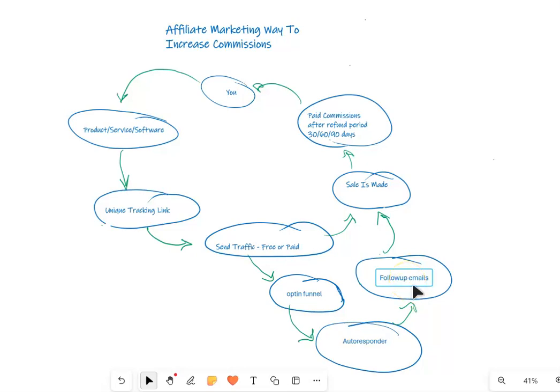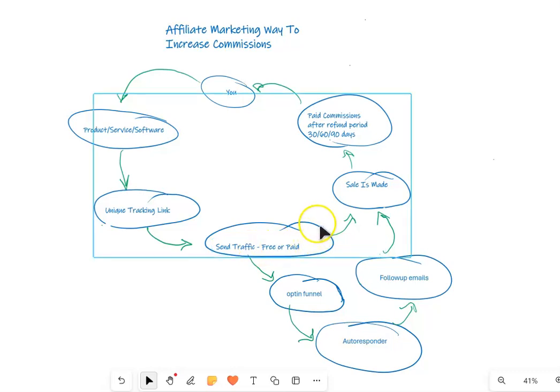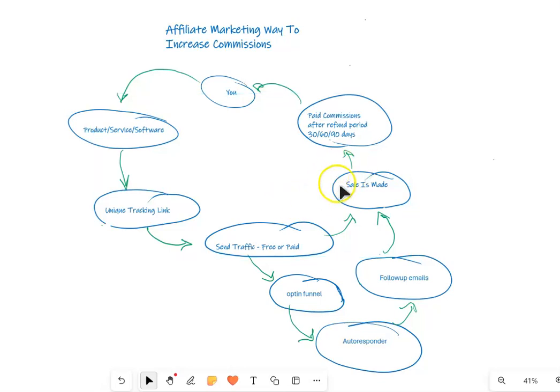Many times with affiliate marketing, people do not purchase the first time they see something. So if you were not doing this part and you sent them directly to your affiliate link and they didn't purchase, they got distracted, the kids started crying, whatever, no sale is made, you're not going to get a commission, you don't know who this person was, and basically this person gets lost to you, so you're not able to follow up with them because you don't have any way to contact them via email.